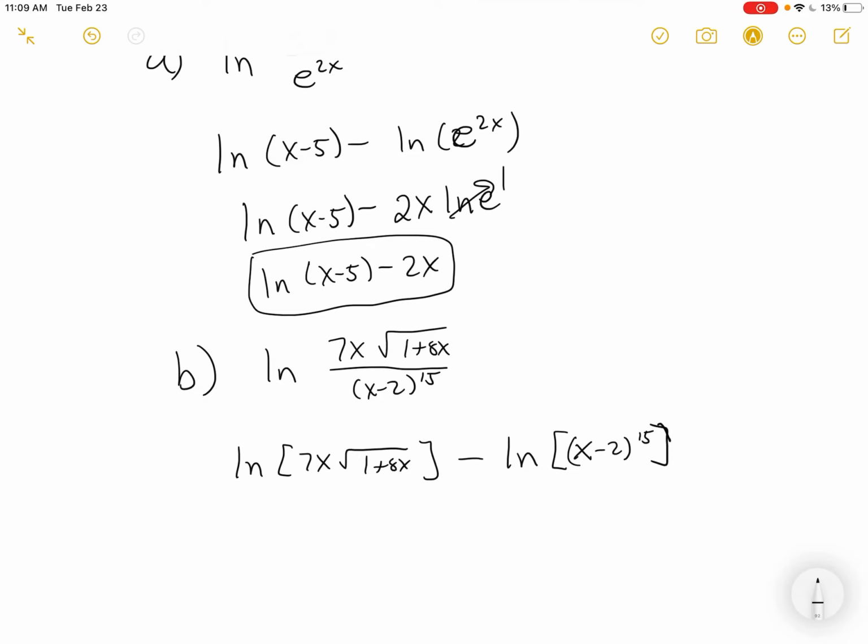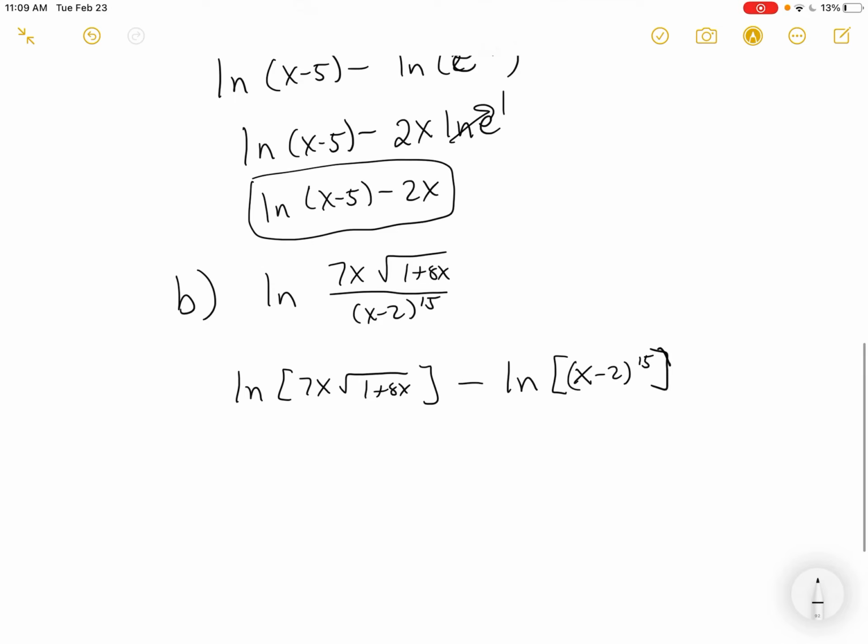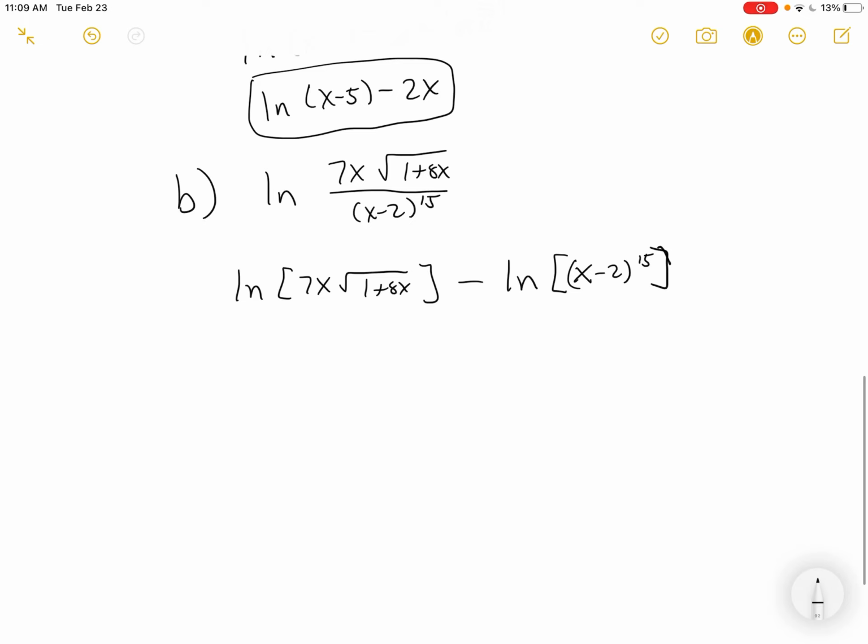Now, you could think, well, how far do I need to go? In calculus, you want to go as far as you can. So they don't want anything multiplied together. They don't want anything divided. They don't want any powers. So we got to split this first thing. This is ln of 7x plus the ln of the square root of 1 plus 8x minus, and then here